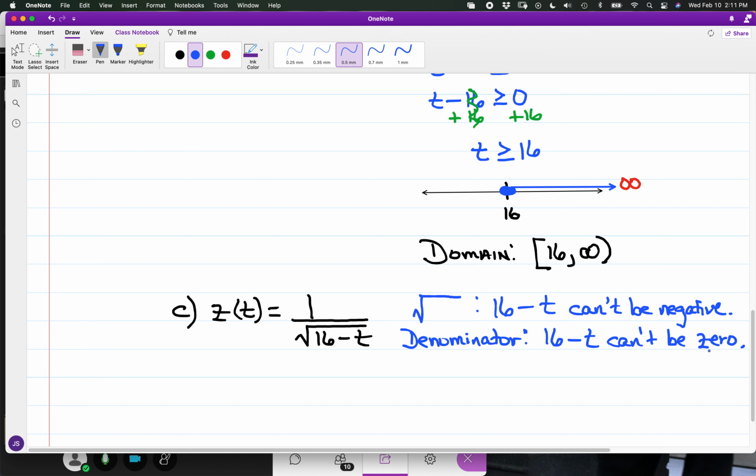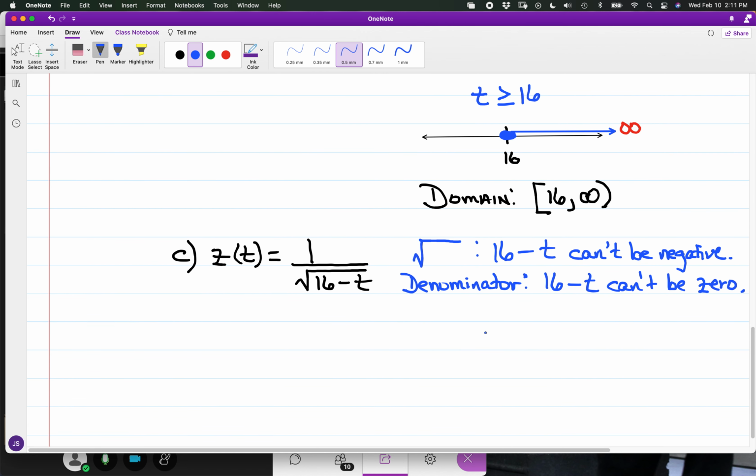So it can't be 0, it can't be negative, so the only recourse is that 16 minus t has to be positive. And so we have here 16 minus t is greater than 0,